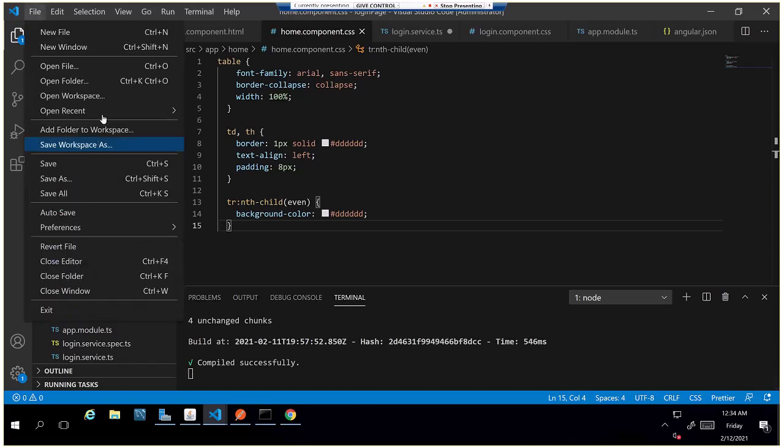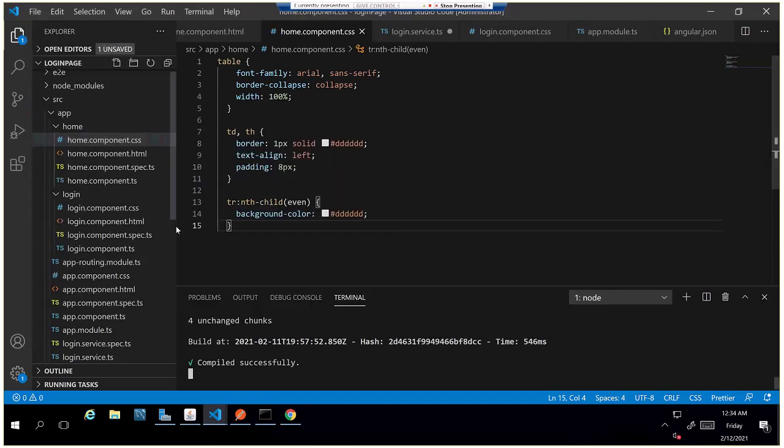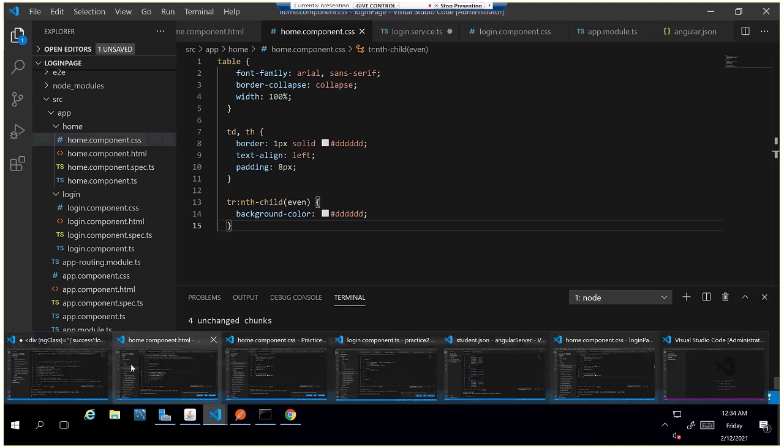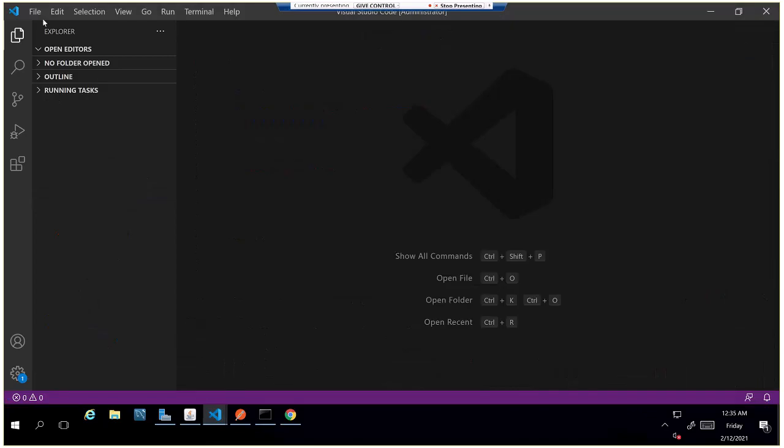Which one, Shushruth? There are multiple folders. Practice 3. This one, practice 3. That was mine. But does it contain this student.json file? Oh no, he wanted to create a REST service for JSON. That's the problem. He was asking, how do I create a REST service first, then we can use it. Okay, I'll show you. It is simple.